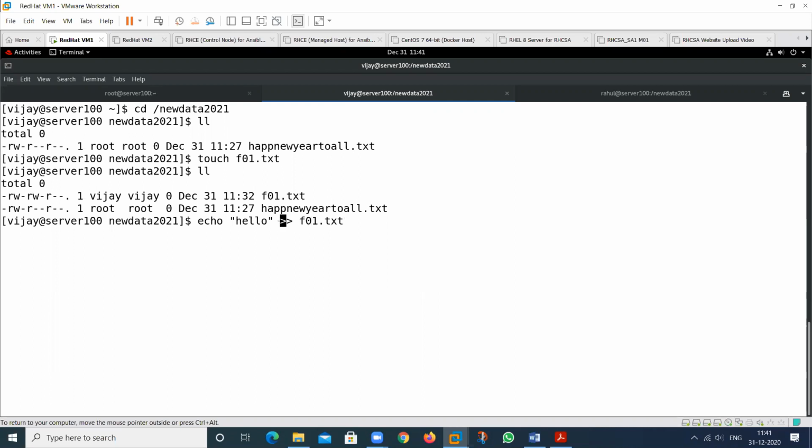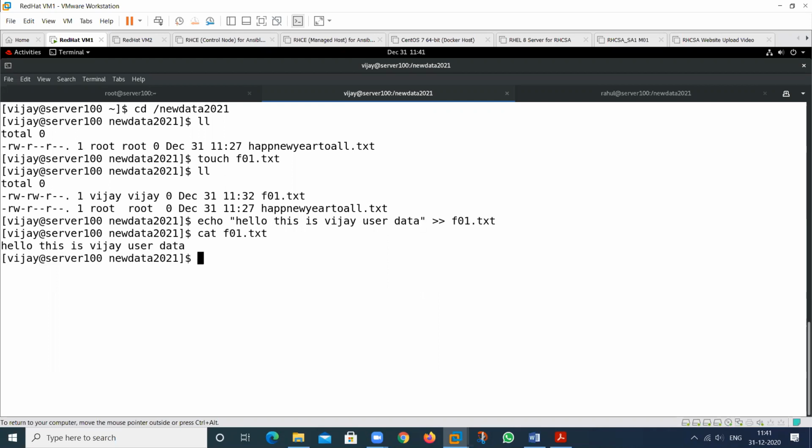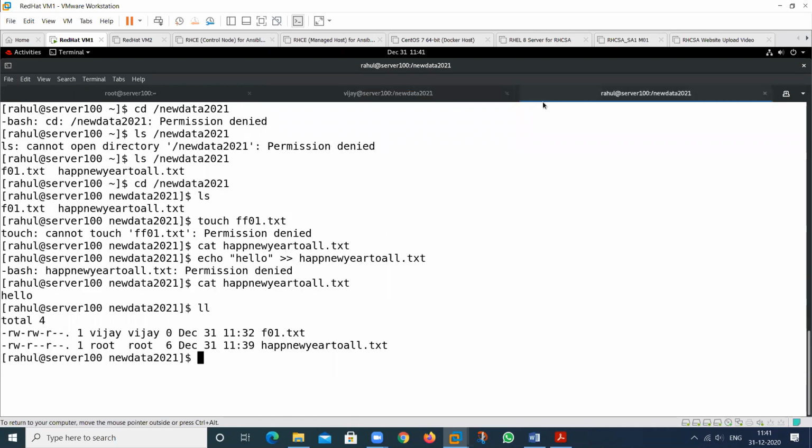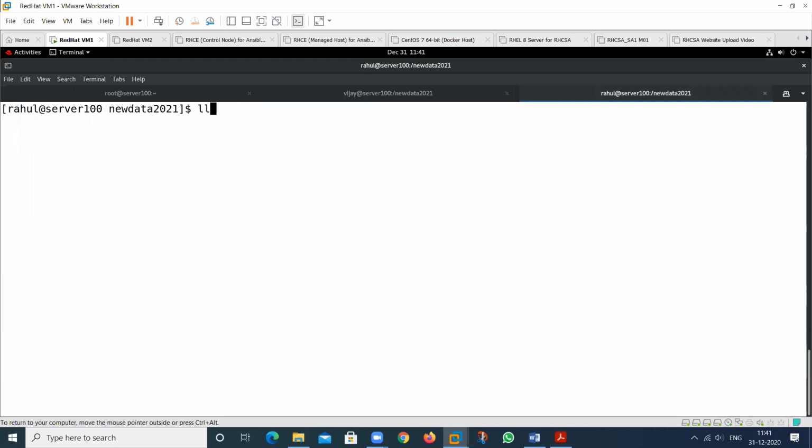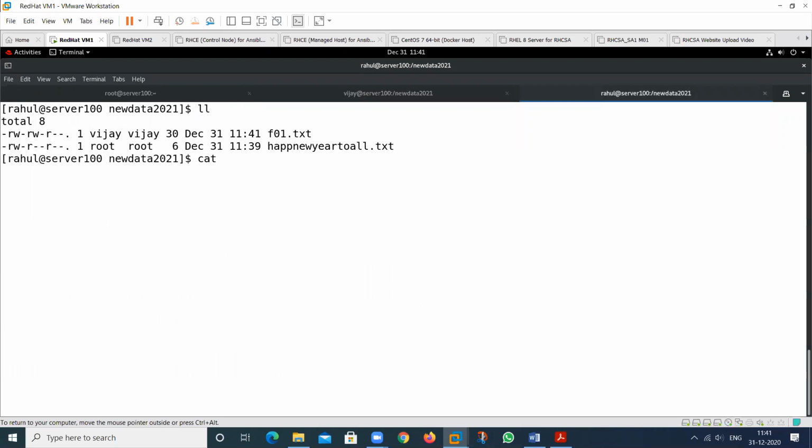Hello, this is Vijay user. Now this is my data, and if any other user wants to check this, they can check, because we have only read permission. So if this user, Rahul, wants to check this, he can check.